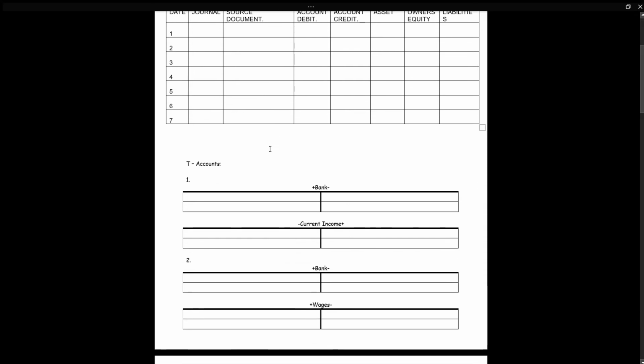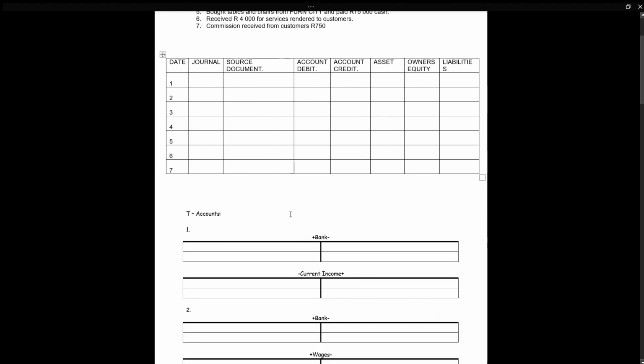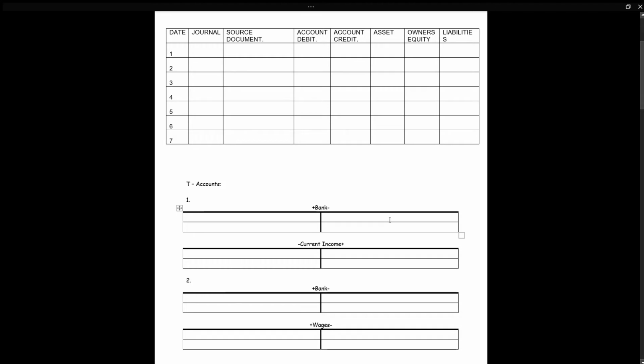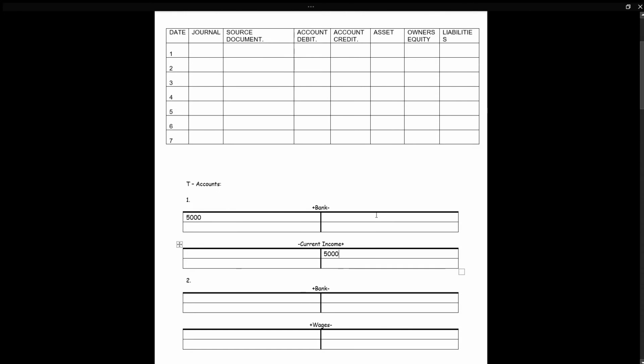I'm going to do the T accounts with you first. Received 5,000 for services rendered, so my bank will increase. Remember, bank is an asset account. Therefore, the signs will be plus minus. Current income is an income account and will increase. In my credit side, the signs is minus plus. Also, you need to remember that income will always have a positive influence on owner's equity when putting the transaction